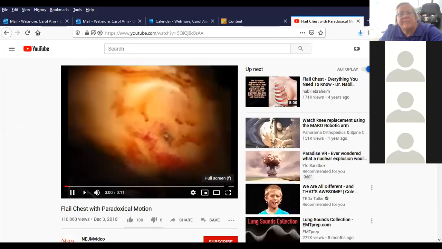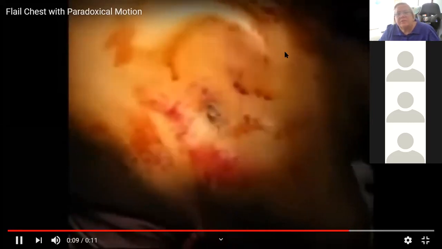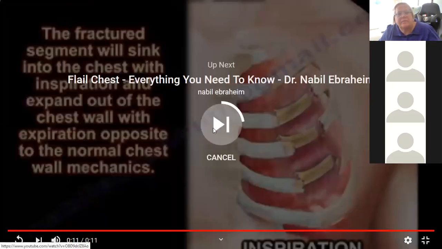You have this paradoxical chest wall movement. So the chest is expanding and yet that piece is sucking in. Paradoxical,